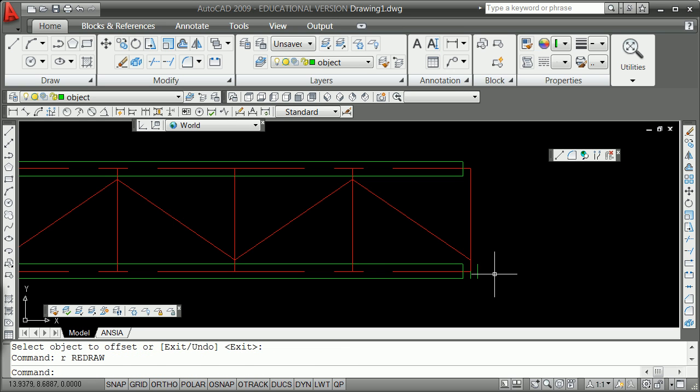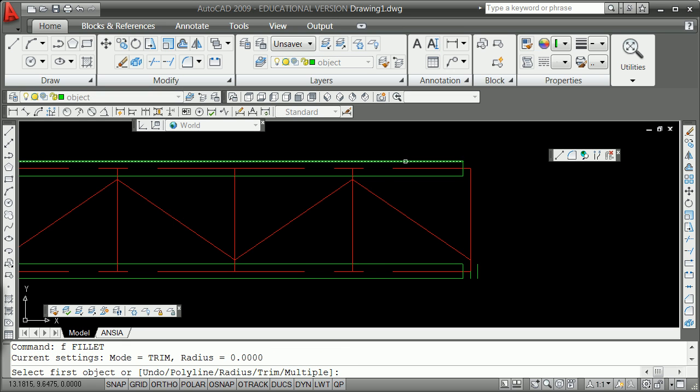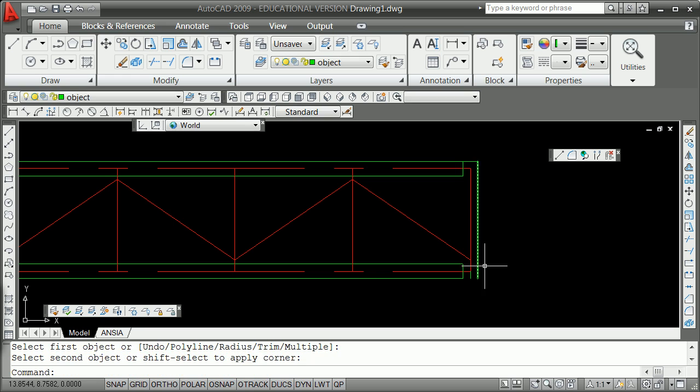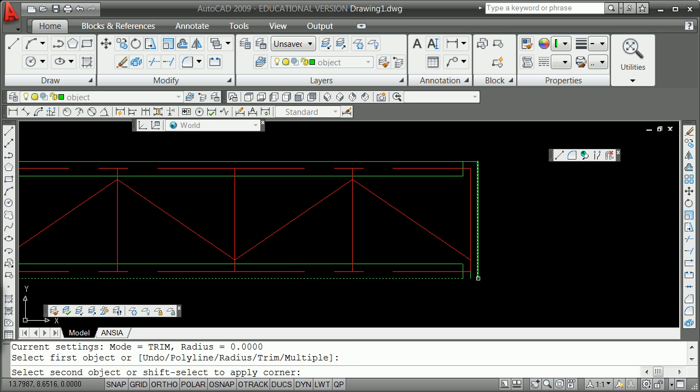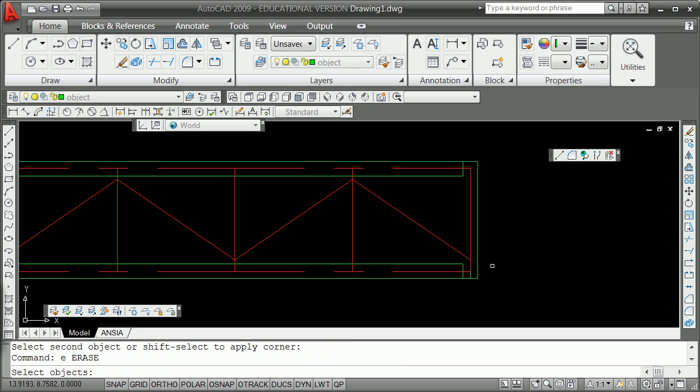Fillet, fillet, hold my shift key here and here. Fillet, hold my shift key here and here. We really don't want this on there, and we're going to extend. We really don't want this. Extend, screw that, extend, screw that, extend, screw that, extend,